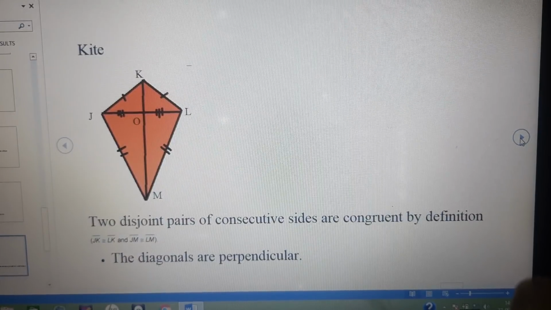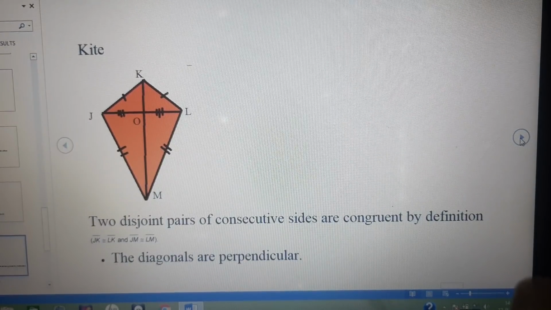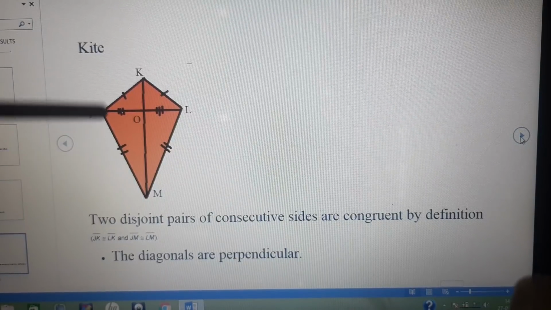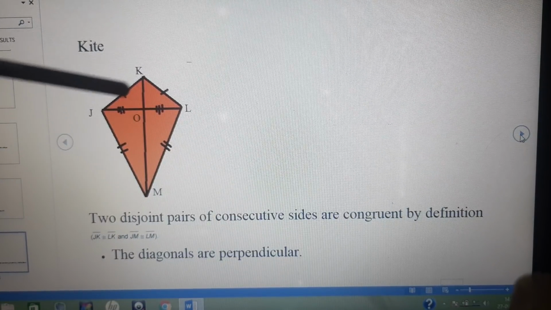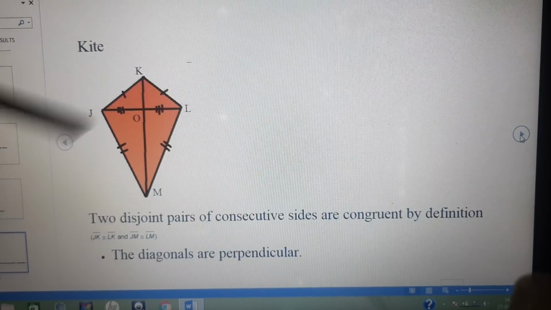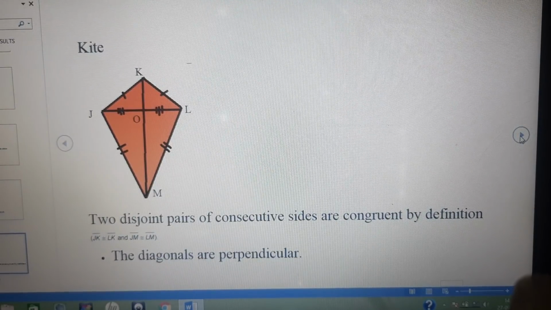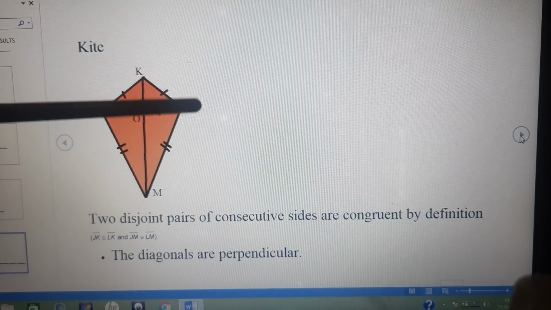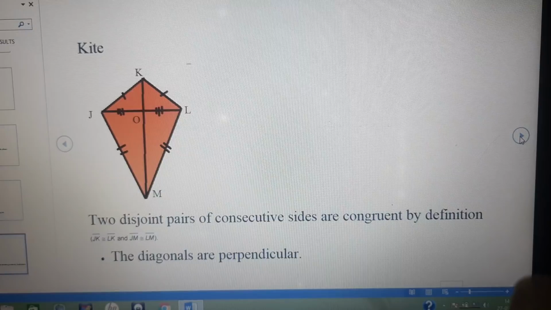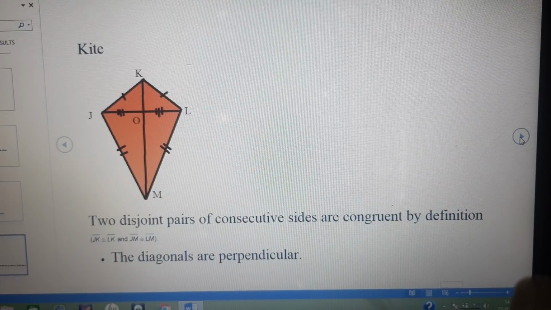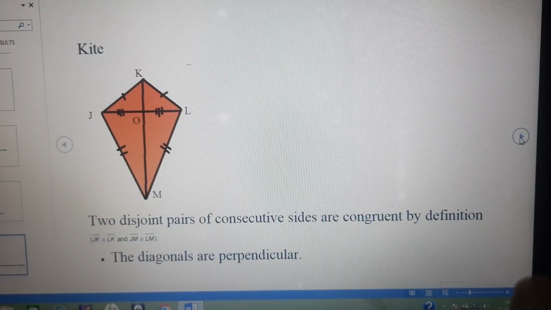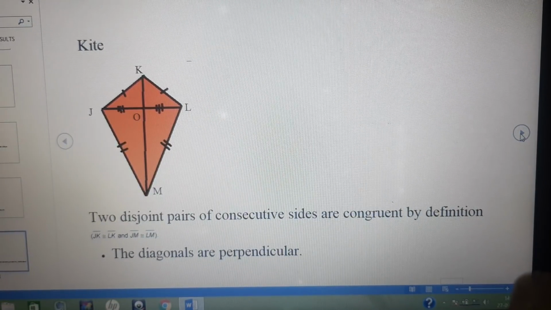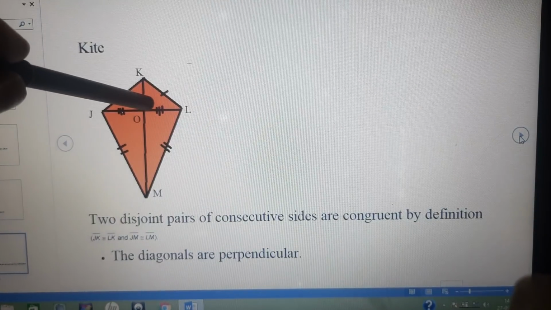Okay. The last diagram is kite. Kite is basically this kind of a shape where KJ is equal to KL. I mean, upper two sides are equal and the lower two sides are equal. MJ is equal to ML. Are you getting it? Fine. And diagonals, they are unequal, they don't bisect, okay, but at the point of intersection, O is the point of intersection, the angle will be 90 degree.